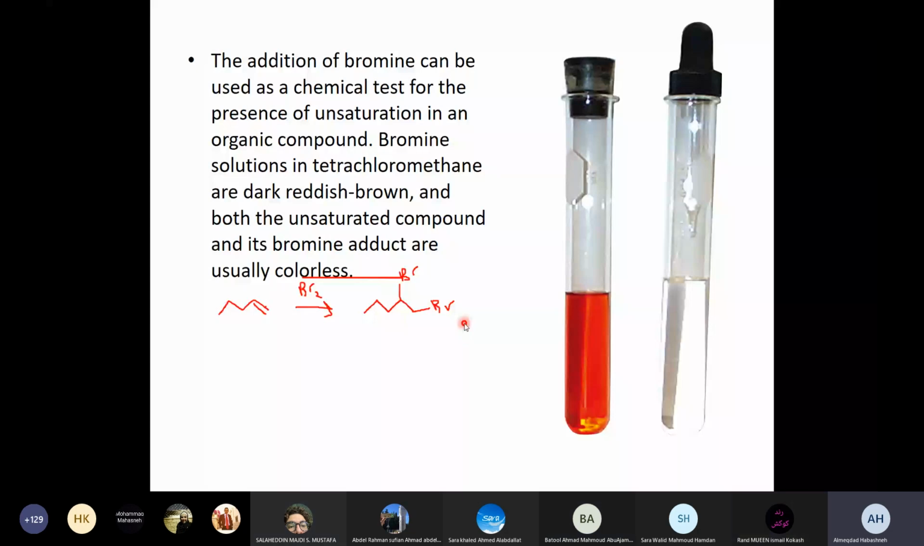You have two choices, either with a double bond or with a cycle. Now, if I ask you to draw the structure of the compound which has C5H10 formula and it